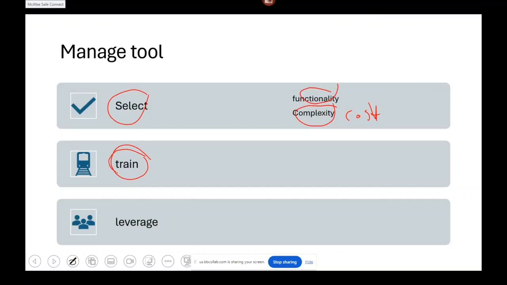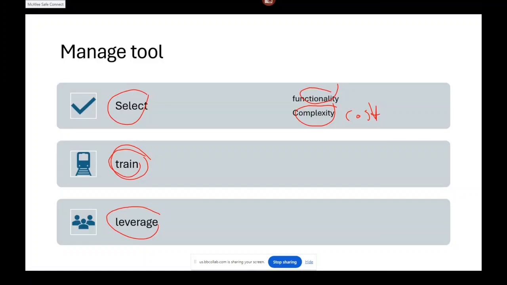Okay, so you have to train your team, and this training should be scheduled like any other basic activity of the project. The training time should be scheduled like any other activity of the project. Then once you have trained your team members, and you have spent time on the training and money on the cost of the training and the price of the tool,